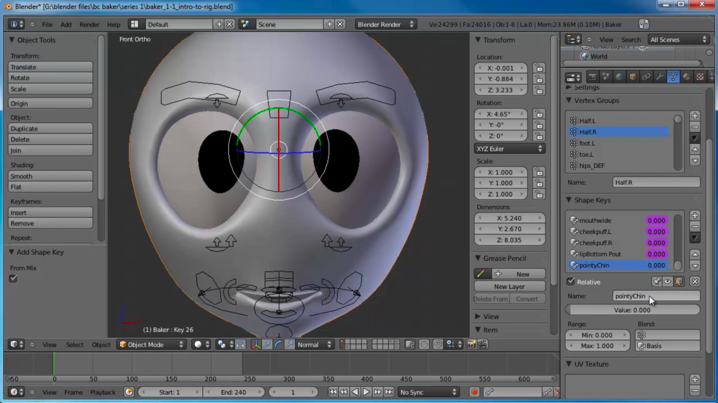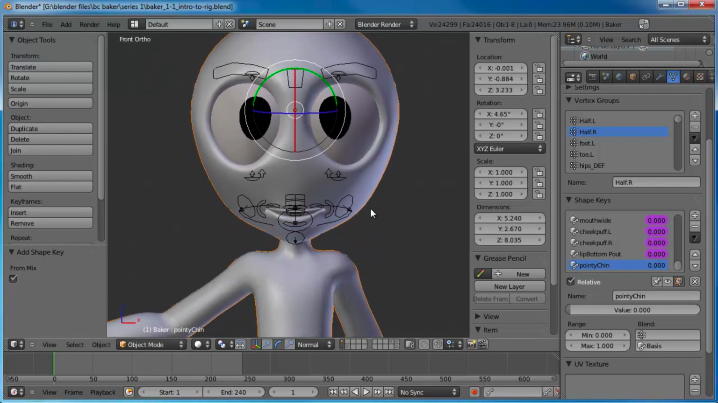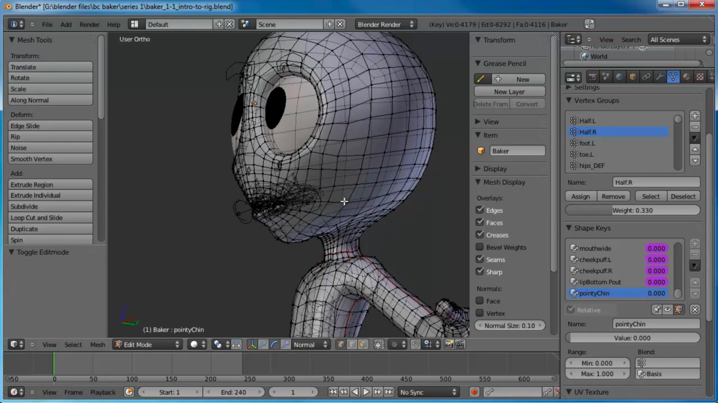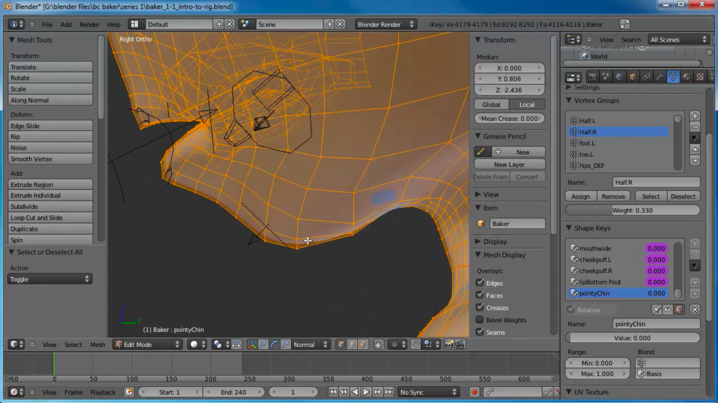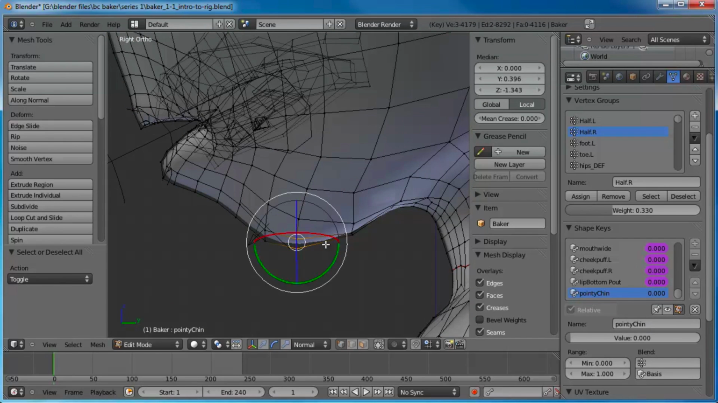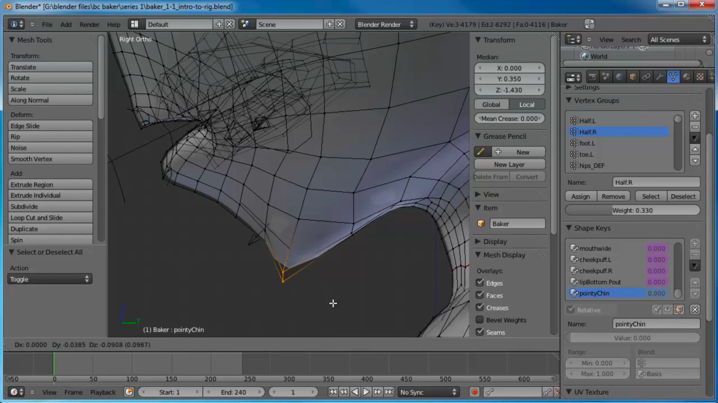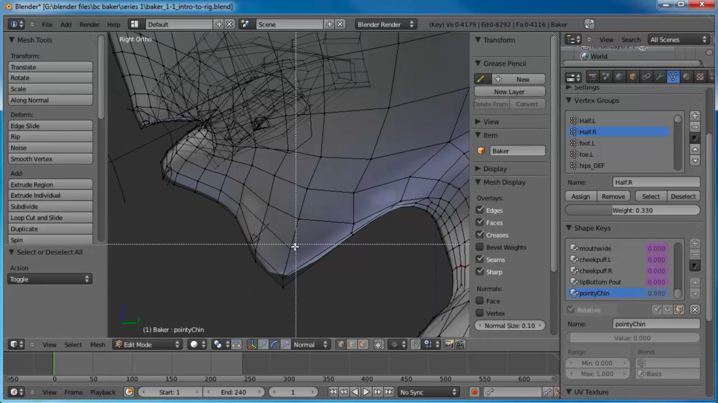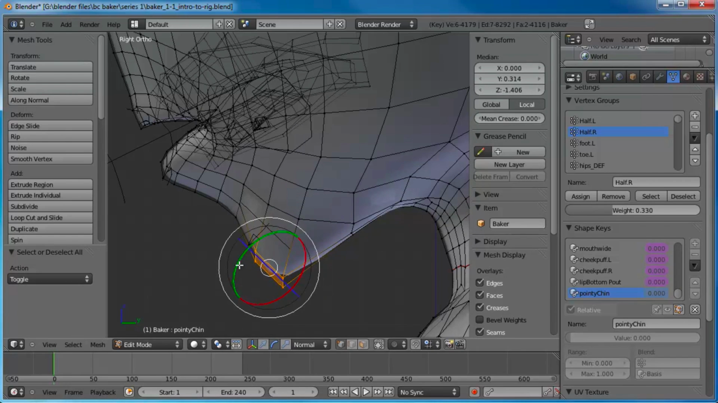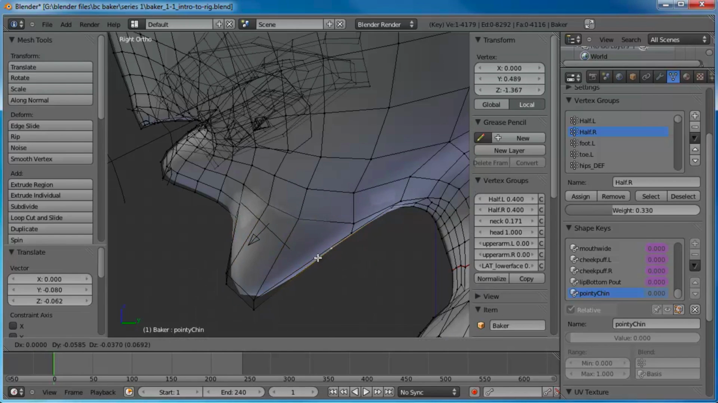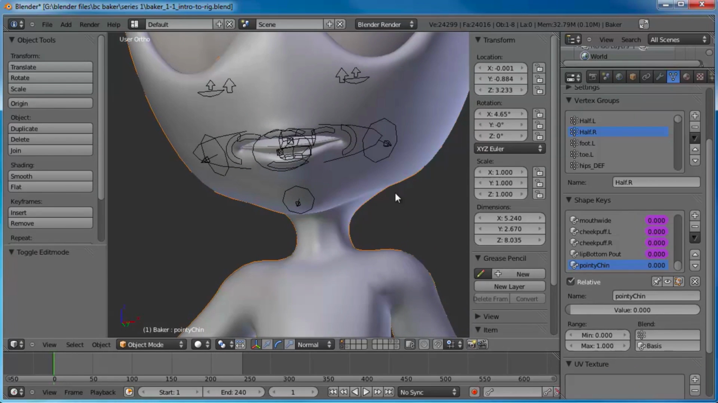pointy chin? Okay, and now we'll go in here and tab into edit mode, and let's go into side view, and let's grab the vertices that make up the chin and just drag it. Actually, one thing that we're going to need to do is right here where it says apply shape keys in edit mode, just go ahead and uncheck that, and now we can edit this together here. Just make it a nice, pointy looking chin. So if we tab out of edit mode and grab the value slider, see how the chin becomes